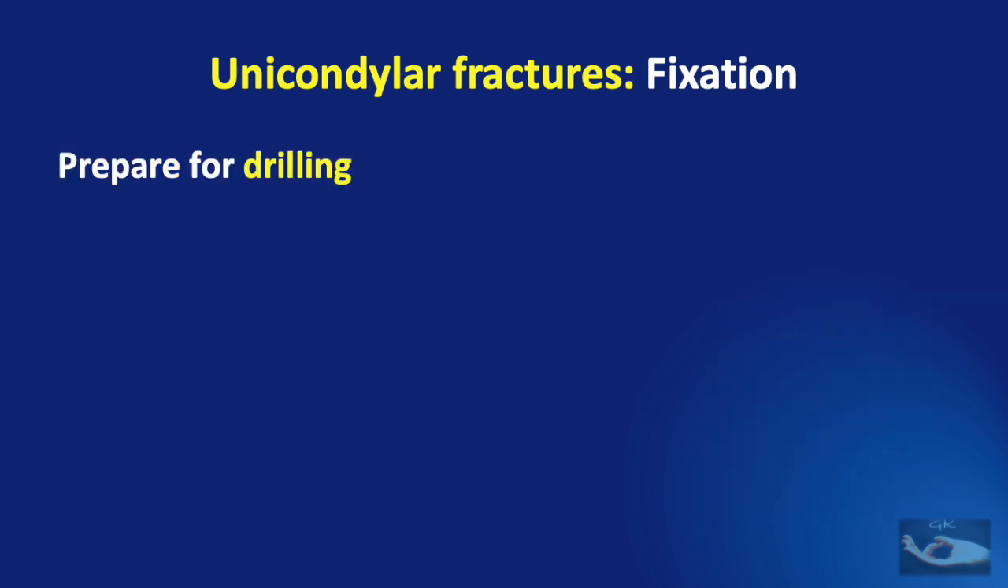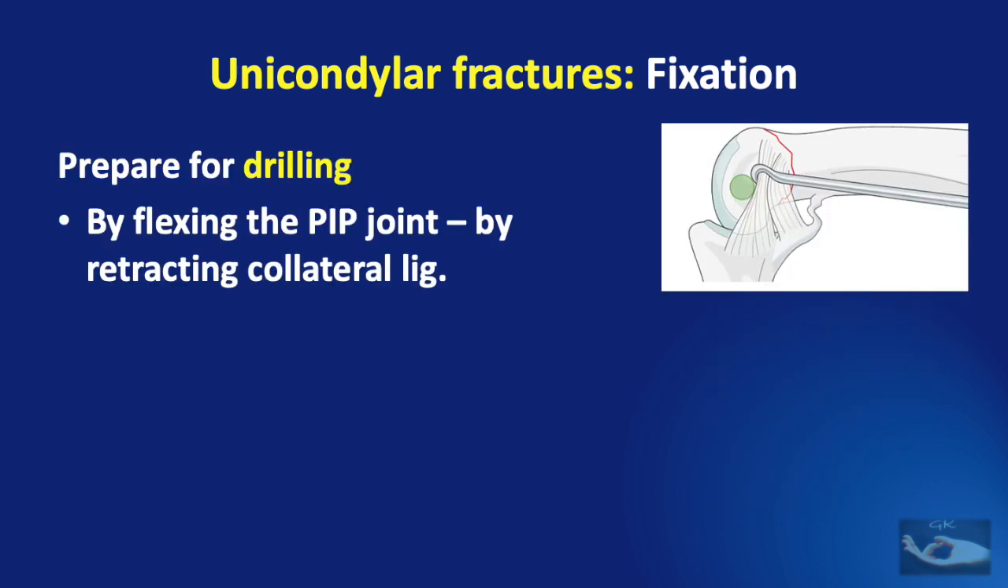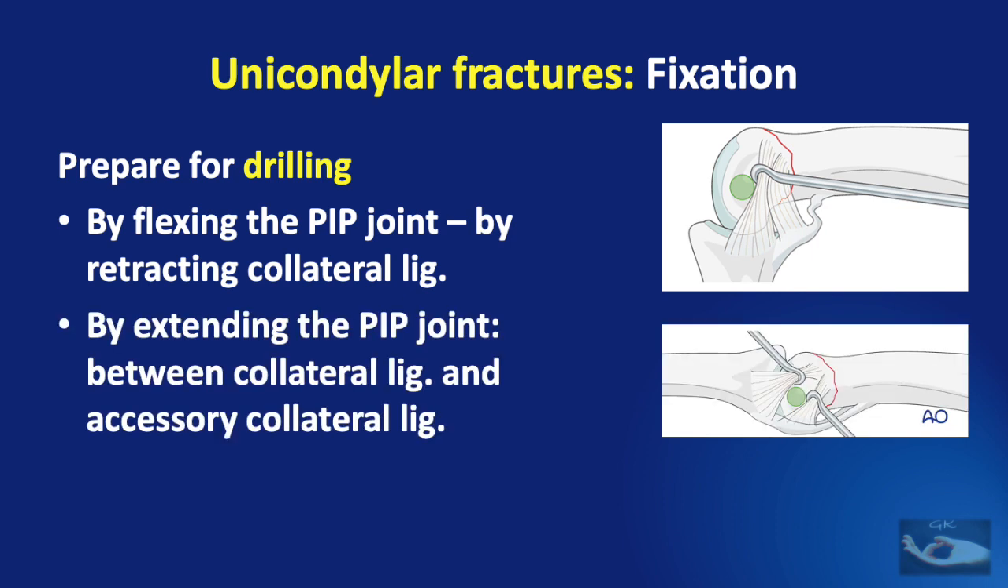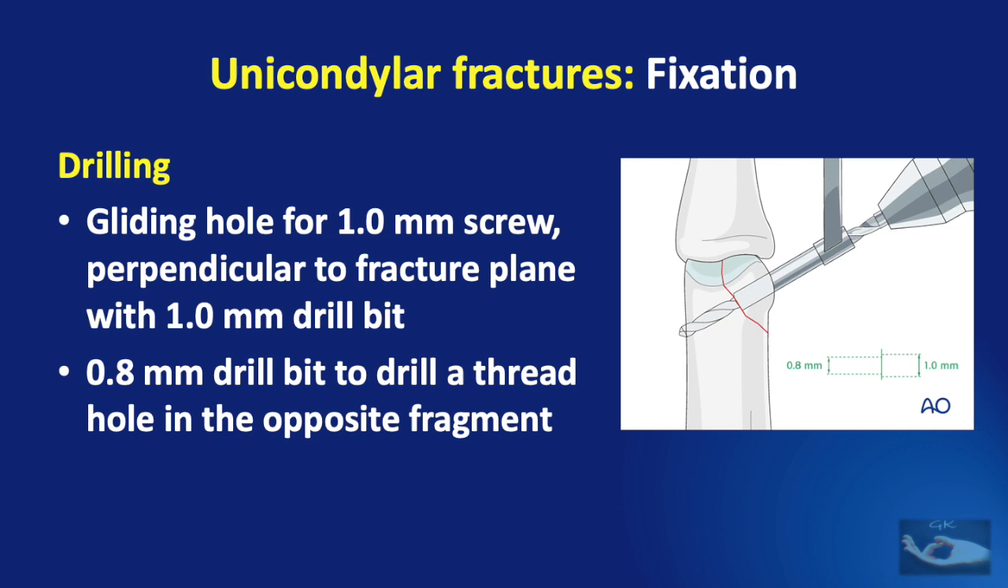We can prepare for drilling by flexing the PIP joint and retracting the collateral ligaments, or by extending the PIP joint and approaching between the proper collateral ligament and accessory collateral ligaments. As for all lag screw fixation, a gliding hole is made for a 1 mm screw perpendicular to the fracture plane with a 1 mm drill bit, and a 0.8 mm drill bit to drill a thread hole in the